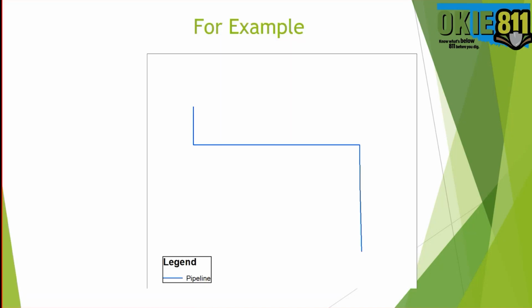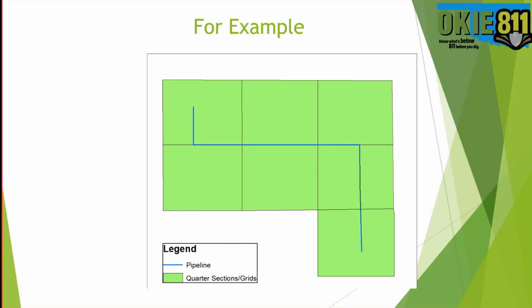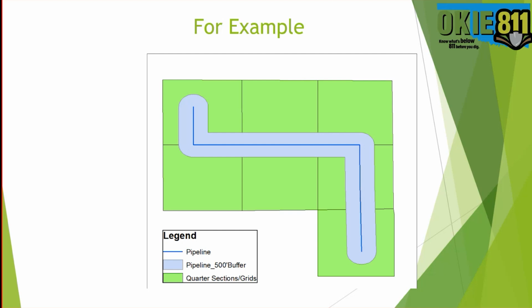And we have another example here showing that. So say here, I have a pipeline registered. Well, or I own a pipeline. Well, if I was going to be registered in quarter sections or grids, I would have to have these 7 quarter sections registered, because it conveniently runs along the dividing line, like I drew that on purpose. So if we buffer the line with 500 foot, you can already see how much that is refining your mapping down to getting you